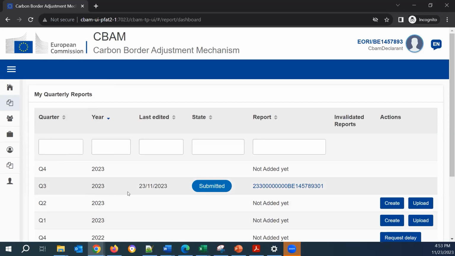I'm trying to upload with XML the CBAM report for aluminium. But there is an error because I have prepared this XML for quarter 3, 2023. So I need to open my XML and change my quarter. Let me do that quickly.